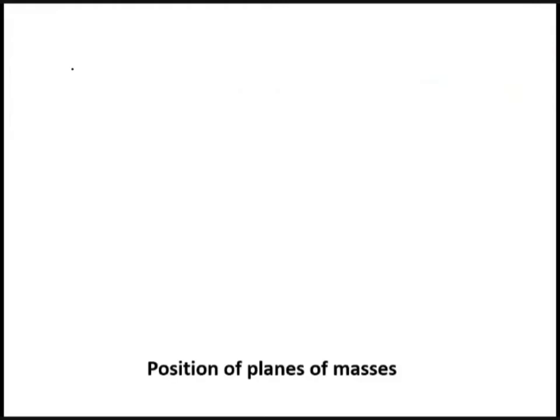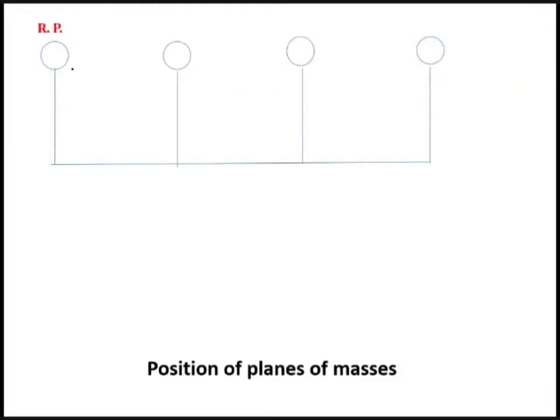Now, first of all, let us draw the position or plane diagram. So let us consider the four masses. What are the four masses? This is mass MA, this is mass MB, this is mass MC, and this is mass MD. Now guys, try to understand that they haven't given you any condition, like you have to put the balancing masses in such a way that it should be at a midway. They haven't given you any condition.